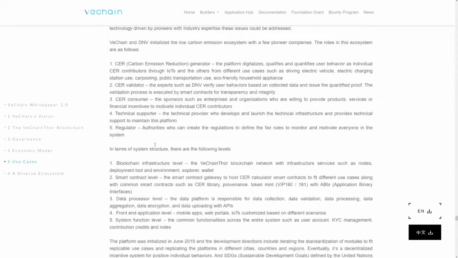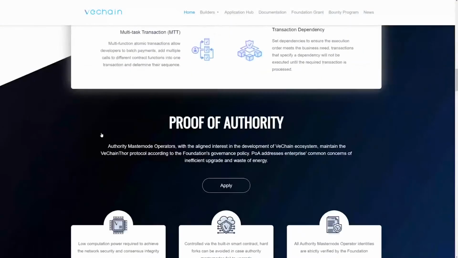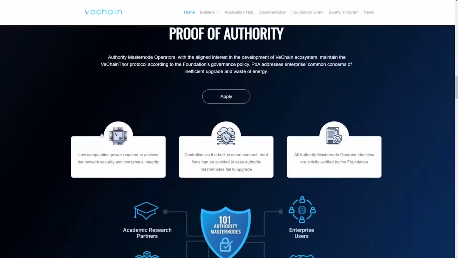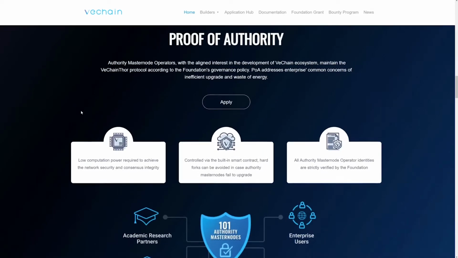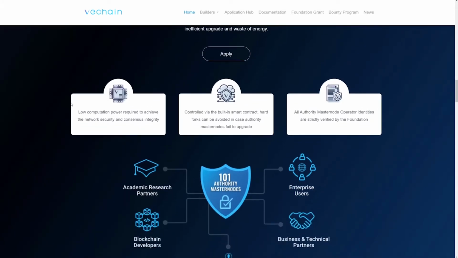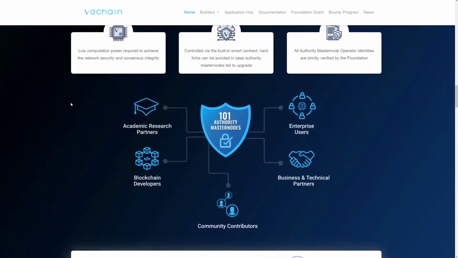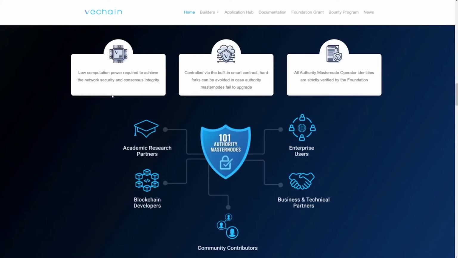You can check this out. And going back to the homepage, we can also check out the proof of authority consensus, which is behind the VeChain ecosystem. The proof of authority is a type of proof of stake concept, so it's very low on computation power. Also, with the proof of authority 2.0, it is going to be impossible to fork the chain, so much better